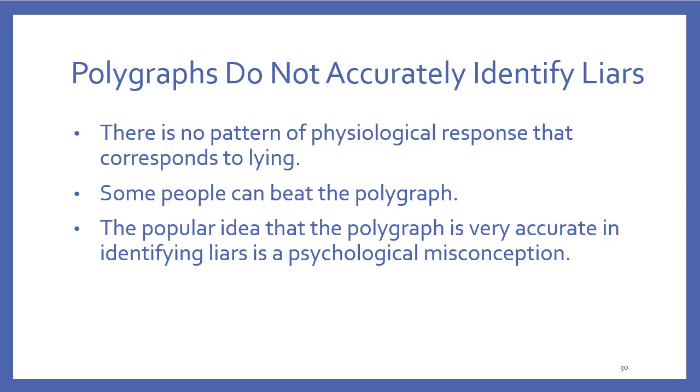There's a lot of somatic change that happens in your body for various reasons, and it's not always because of lying. Really what happens is the polygraph measures your ability to maintain a constant state despite what you're being asked, so really to respond similarly to all types of questions. There are some biological and physiological things that people do when they lie, but it's not consistent enough across enough people to consider the polygraph a reasonable way to identify liars.